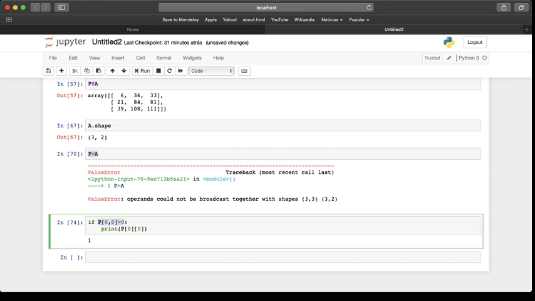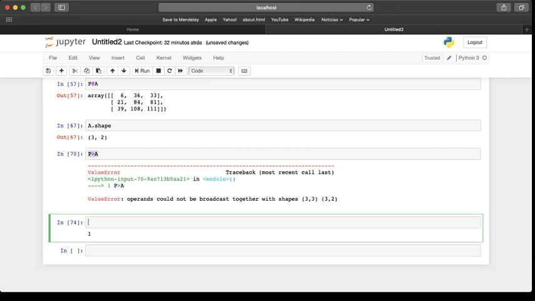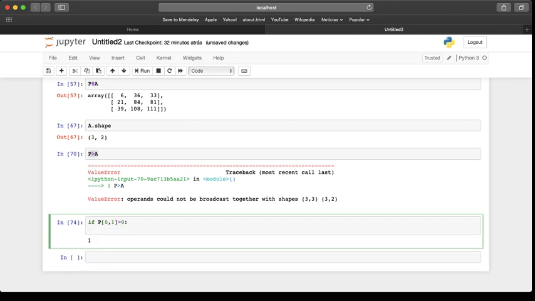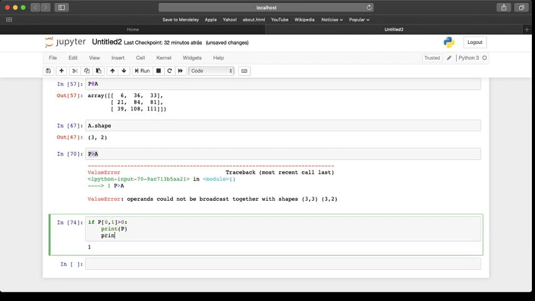If this condition is true, I will execute a sequence of code that I write here. It's a common structure in our language, but if you have never used Python, you have to take notice of the following fact: it's not just important to make correct indentation of your code, it's obligatory. Let me say I'll print p and then I'll print a. If p in this position is larger than